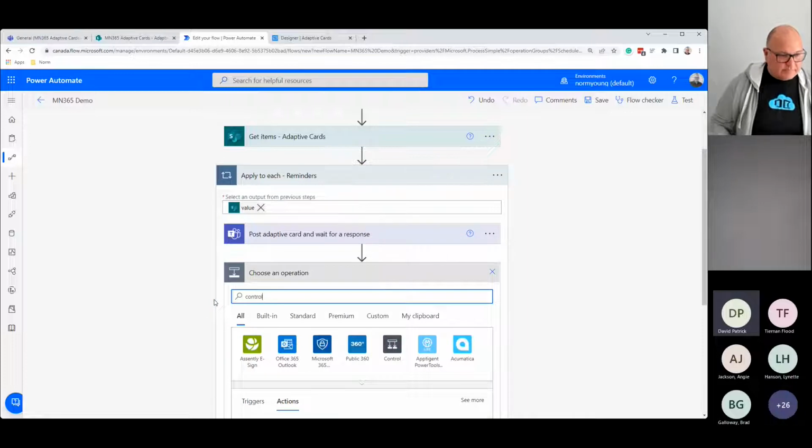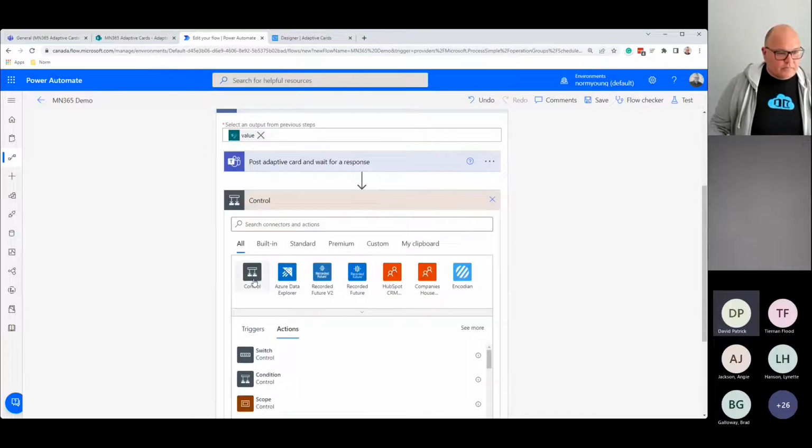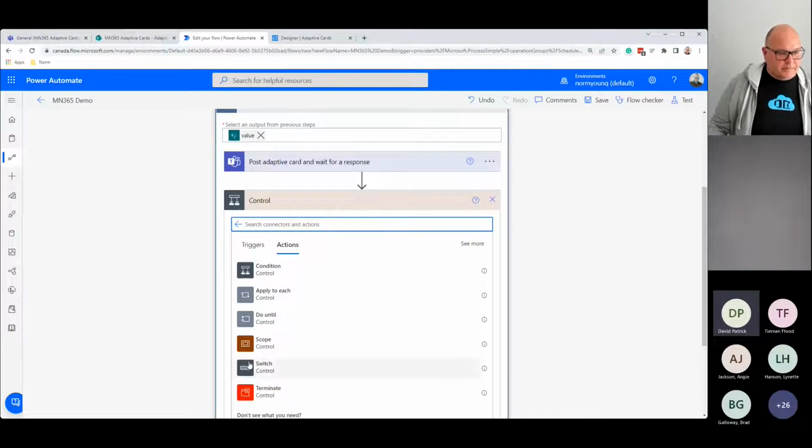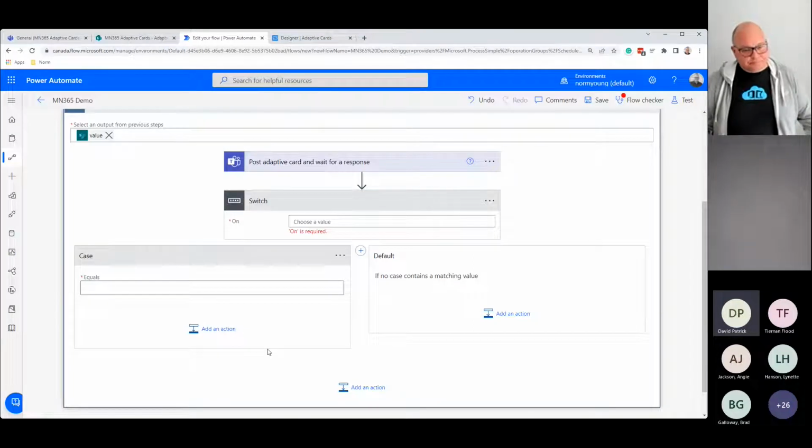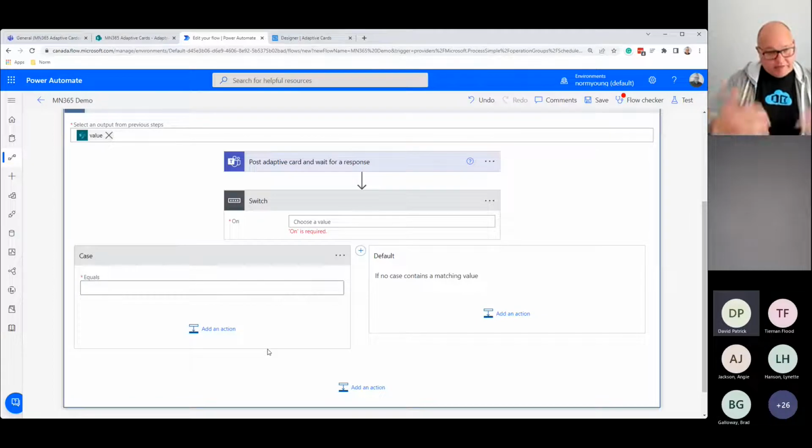Control, switch, sorry. We're using a switch statement. This will take all of the data coming back from our adaptive card and assess the data response, and then take particular action on each one, like a branching approach. So I'm going to click on choose a value,